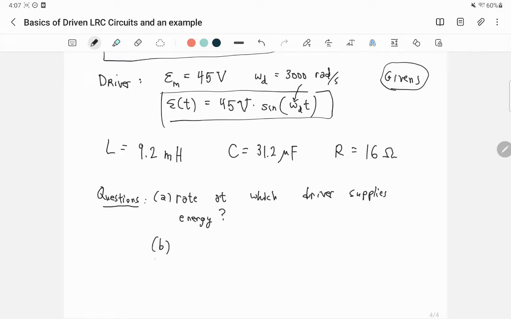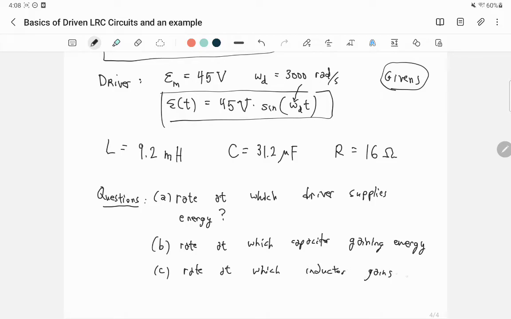Question B is what is the rate at which capacitor is gaining energy? Question C is what's the rate at which inductor gains energy? And question D is what's the rate at which resistor,